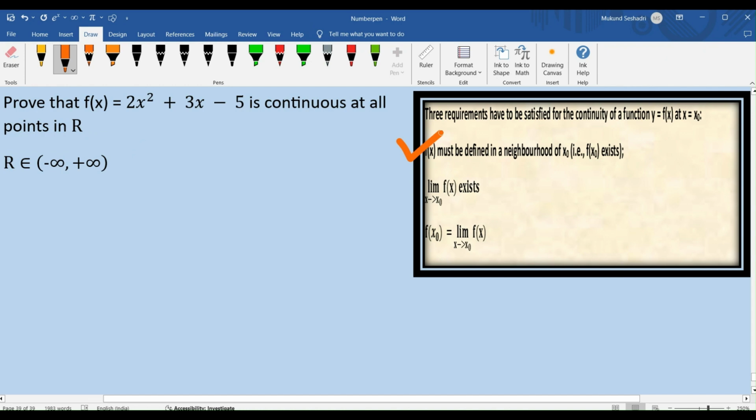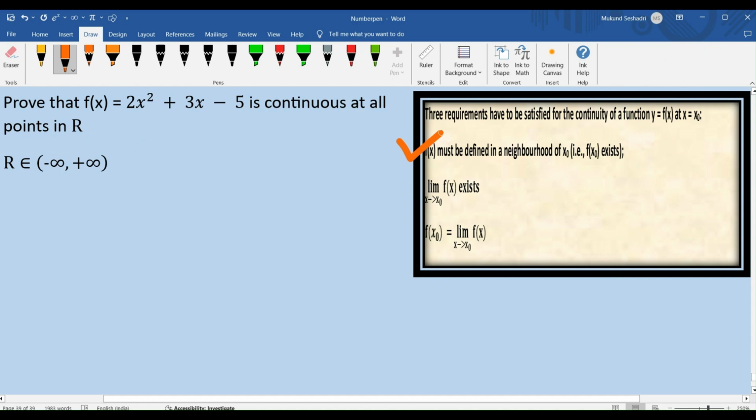All that it means is when I approach x naught from the left, right, which means I take a value which is very close to x naught, but I'm approaching it from the left, then the function has a finite limit as x tends to x naught from the left, right, which is my left hand limit. And when I do the same thing from the right, which means that x is tending to